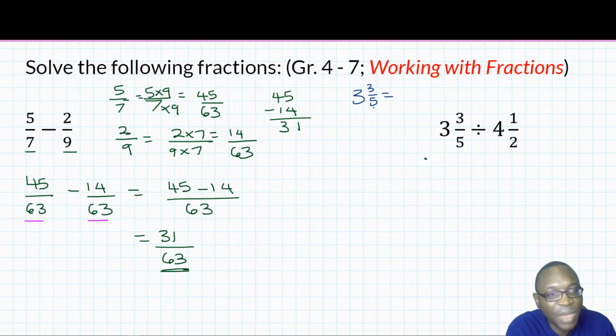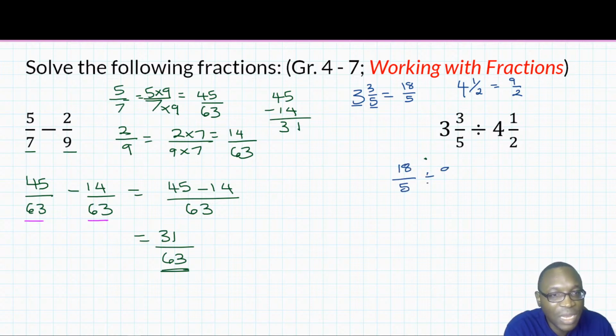We multiply the whole number by the denominator. So 3 multiplied by 5, we have 15. We add the numerator, 15 plus 3, that's 18/5. And then in this case, we have 4 1/2. We multiply the whole number by the denominator. 4 multiplied by 2, we have 8. We add the numerator, 8 plus 1, we have 9/2. So this question now becomes